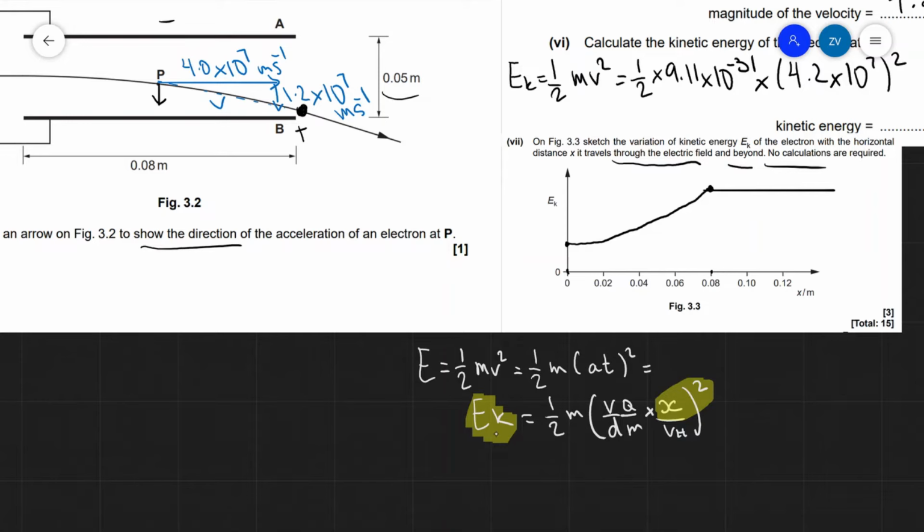Okay, well, let's have a look at the next question. Okay guys, on to our next question. Once again, you can find the questions in the description of this video. This one is from OCR Physics A from